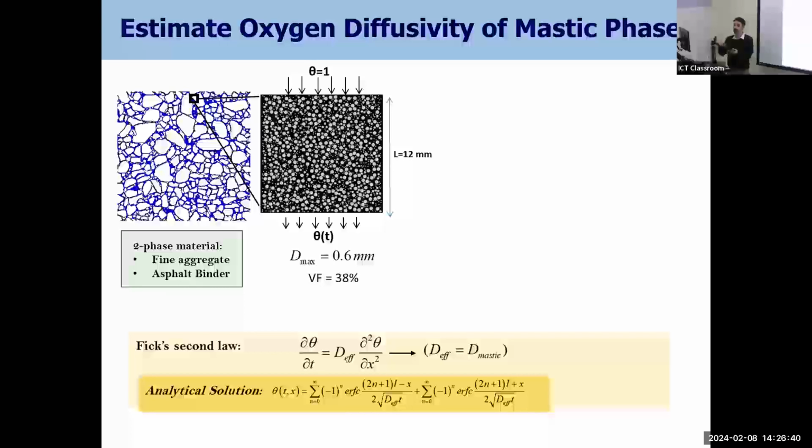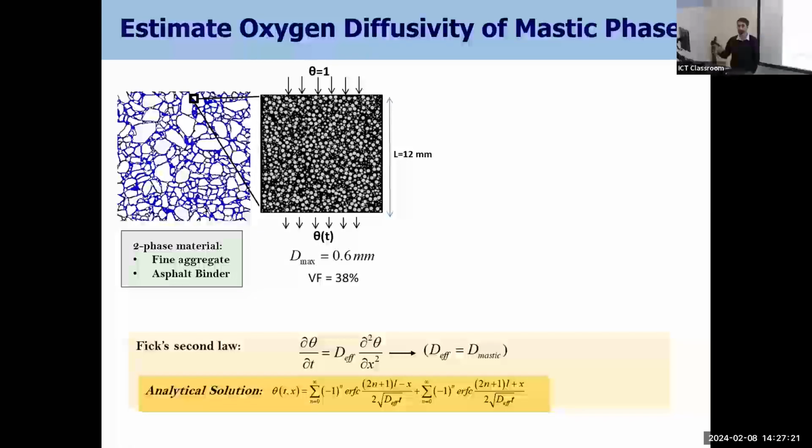So basically you need to force oxygen from one side of the material and measure how much you get from the other side. And even if you know it for binder or you know it for aggregate, then how can you measure it for mixture? Are you going to just put a mixture there, put pressure with oxygen? And so it is difficult. It is definitely not impossible, but very difficult. So one of the things that we do is that we look at the microstructure and run what is called a virtual test. So we know, let's say, we have here a two-phase material, a three-phase material.